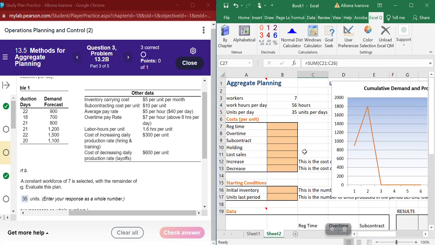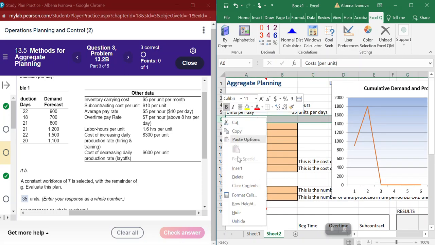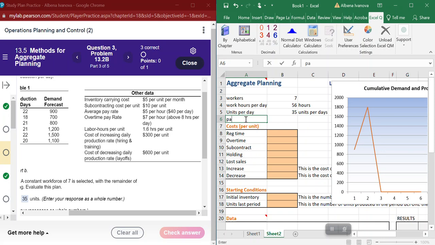So average pay rate is $5 per hour. Okay, so pay rate is equal to $5